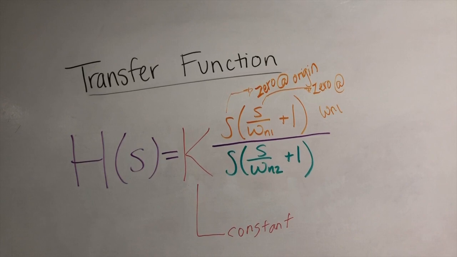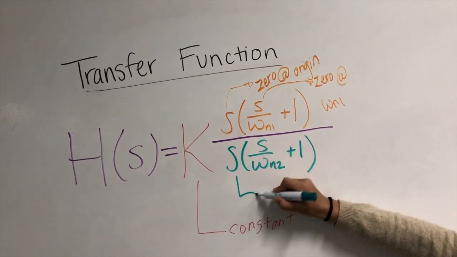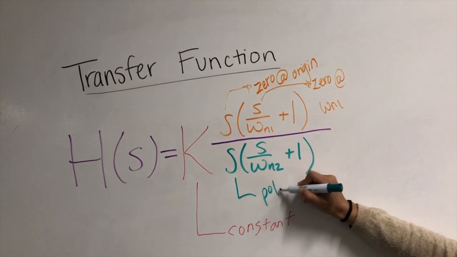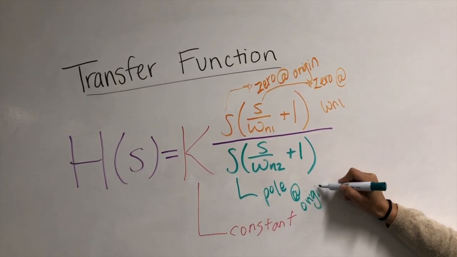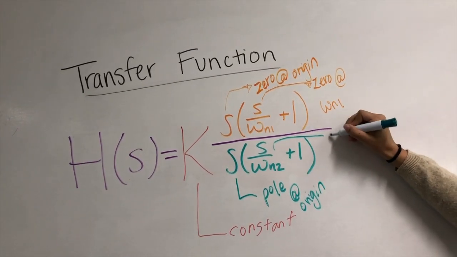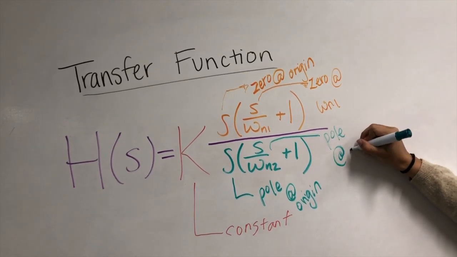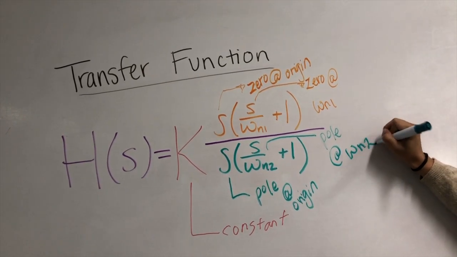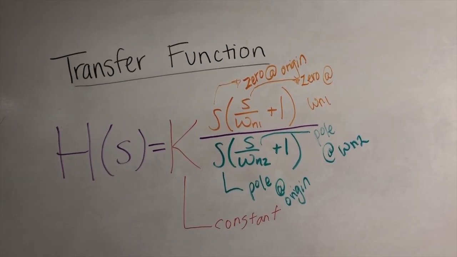In the denominator, you have poles. Similar to the zeros, you have a pole at the origin and another pole at frequency WN2. Now, if you don't know what this means right now, don't worry about it because we're going